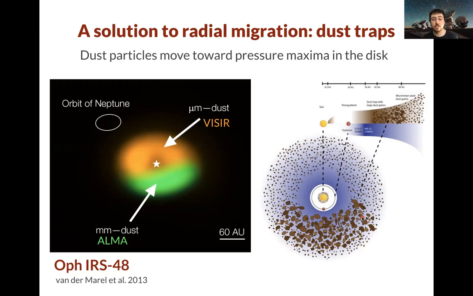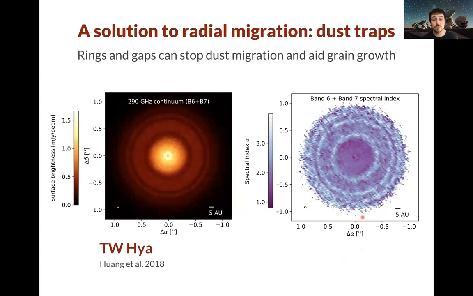Now, dust traps don't need to be asymmetric, as in this case. We've seen many of them at the beginning of the talk. So rings and gaps can act as traps, and they prevent large grains from migrating inward and disappearing from the disk. So if you have observations at two different wavelengths, you can see how the spectral index of that emission is changing as a function of location in the disk. And that's important because the spectral index is connected to the grain size